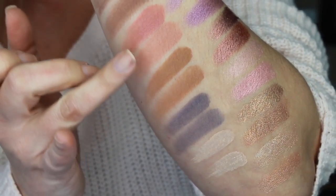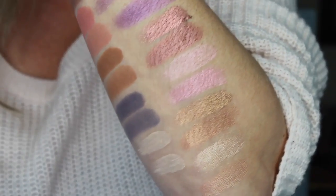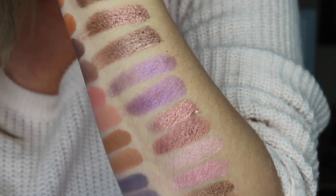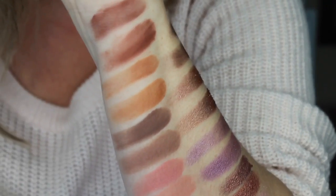These 3 shades are right through here, but of course we're going to find out later in the video, I don't think it's going to be to the point that it's crazy noticeable. You guys,